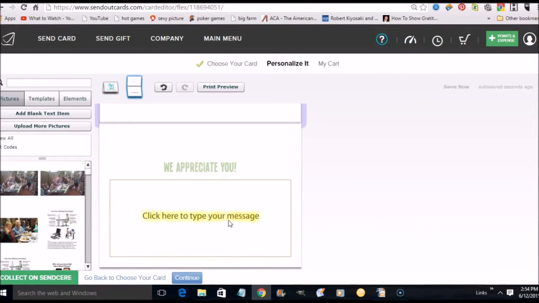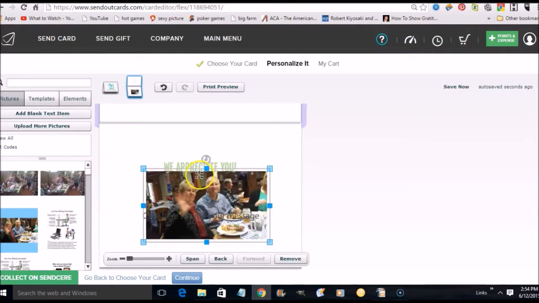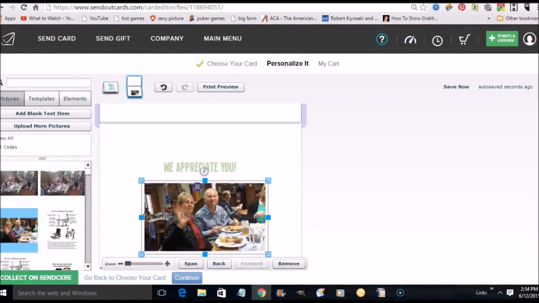Now, what you could do here, if you wanted to be really tricky, is to take a photo of them. So here's a photo here. You can upload the photo onto the Send Out Card system, and you can drag it across. So here's a photo of my mum and dad. I'm sure they won't mind me using that photo. And that can go into the card that you send them. And I tell you what, people are amazed when they see their own photo in a card. It's just really cool. Alright, and from there you just continue on, put in their details and press send, and